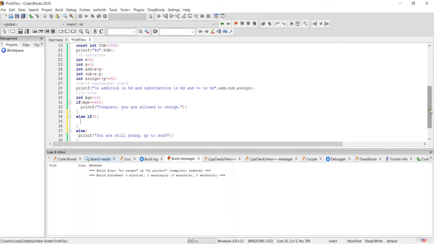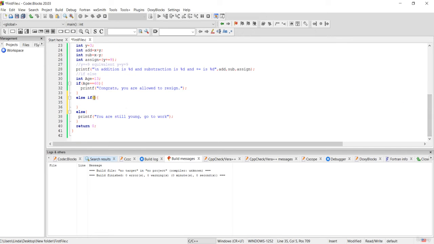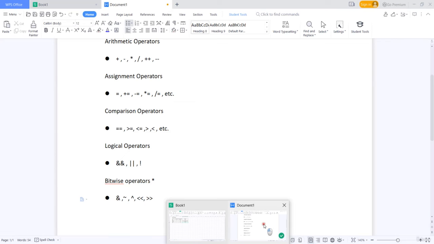So now you can put another condition here and say if age is less than 20, and this is a comparison operator,